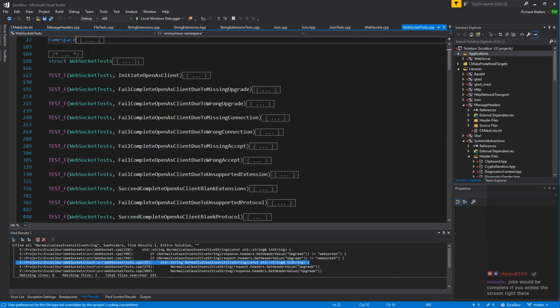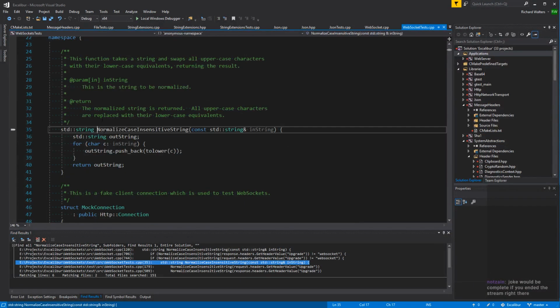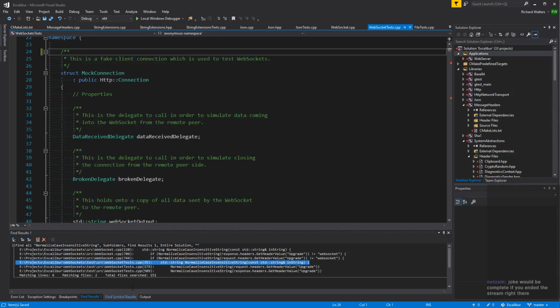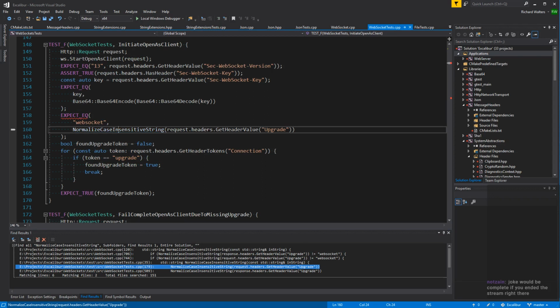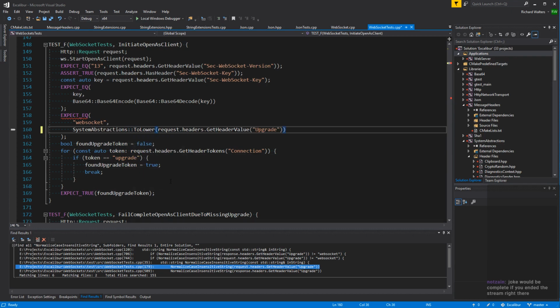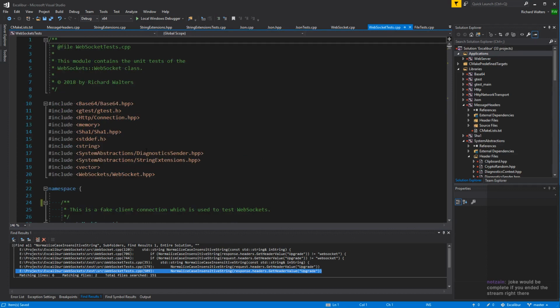Oh. Whoa. Stop that. Auto folding. Okay. Whoops. Yep.